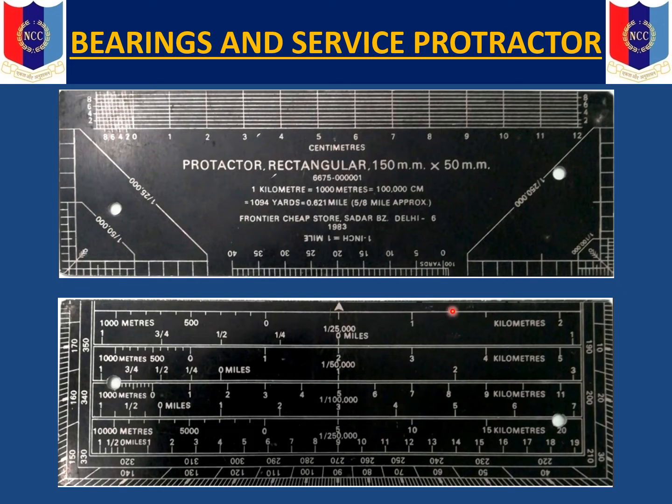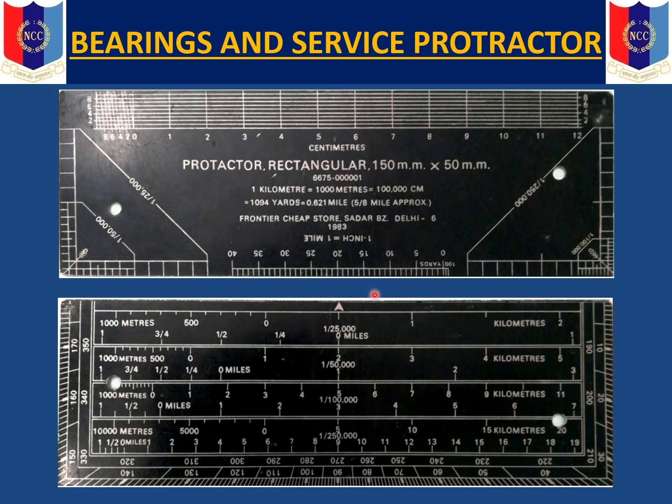then if the forebearing is less than 180 degrees, then you place the protractor in such a way that the point at which the bearing is to be marked out will be placed exactly here, and the degrees will be measured clockwise in this direction. So it is 10, 20, 30 up to 180 here, 170 and 180 here.